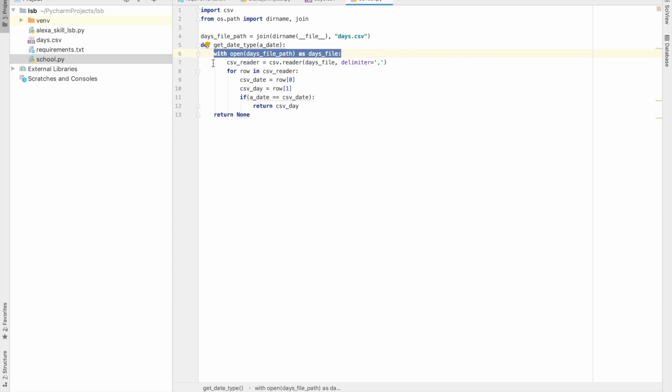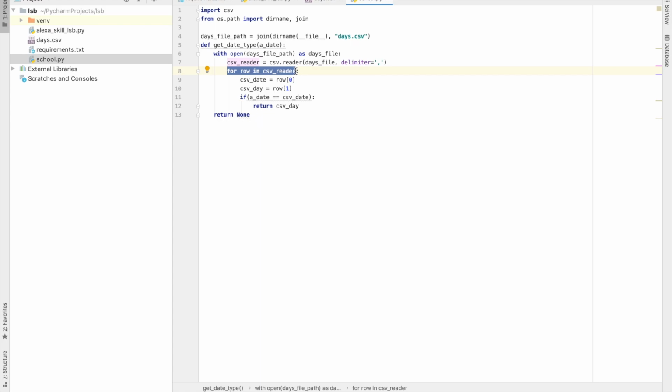And then line 7 uses the CSV module that we imported to read the CSV contents. Then line 8 is going to run a for loop